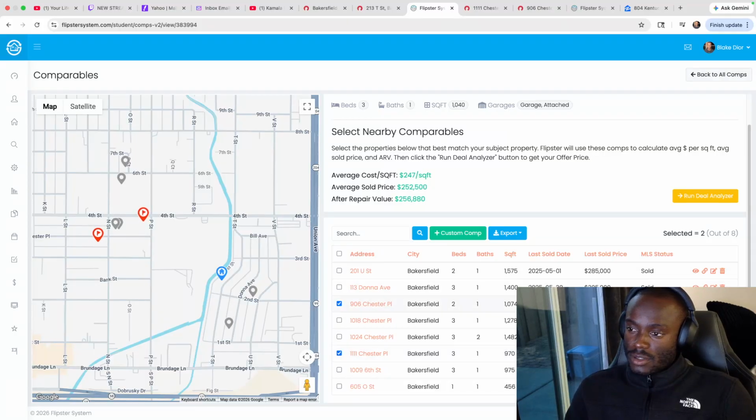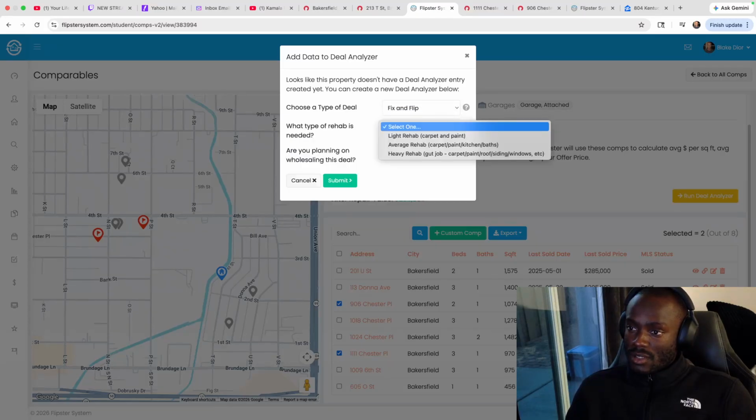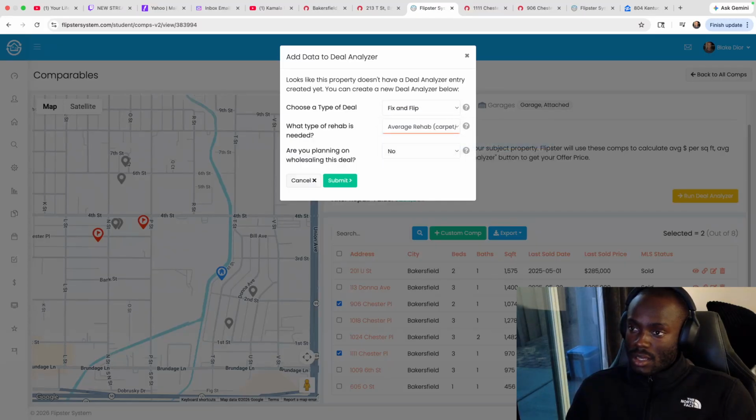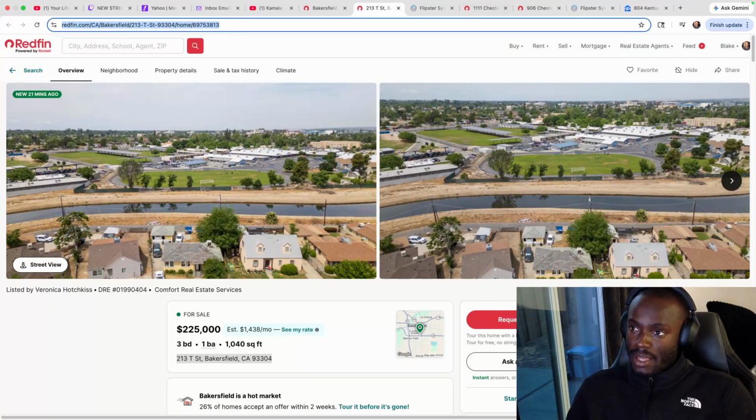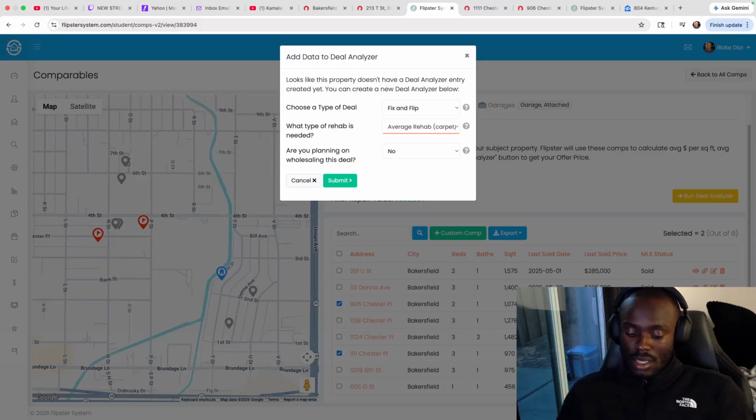So they're selling for around 275 average. After repair value is going to be 256,880. Cool. It's going to be a fix and flip, and let's say the property is not that badly damaged, it'll need average rehab, which is carpet, paint, kitchen, and bath. So average rehab is usually flooring, a brand new kitchen, a brand new bathroom remodel, and it includes paint.